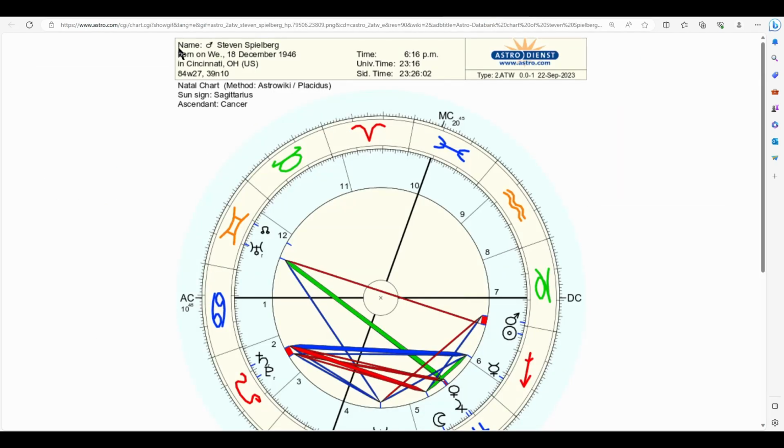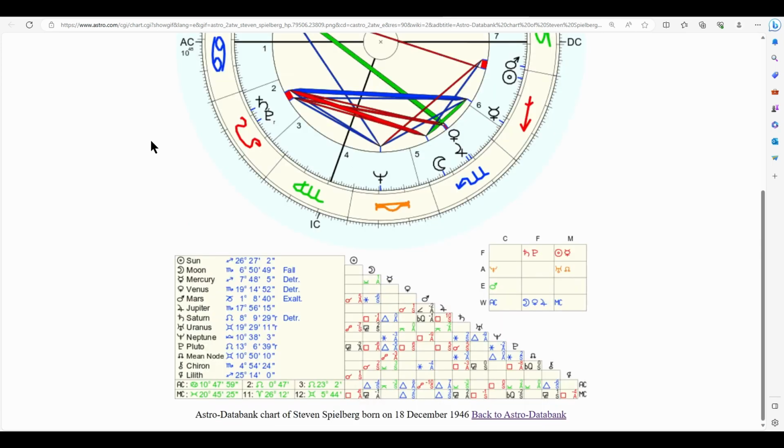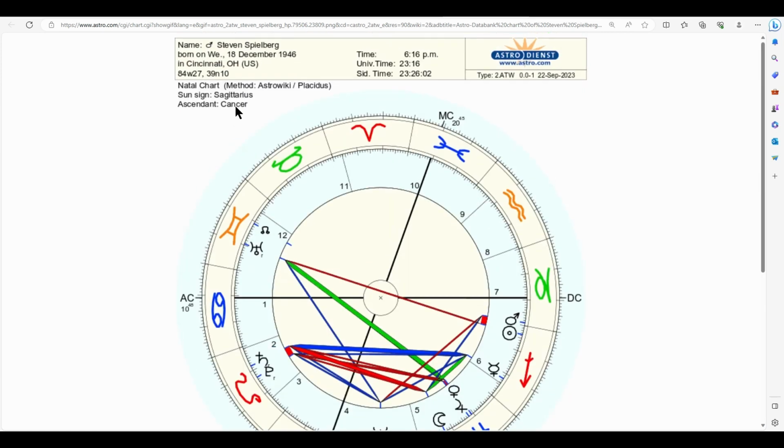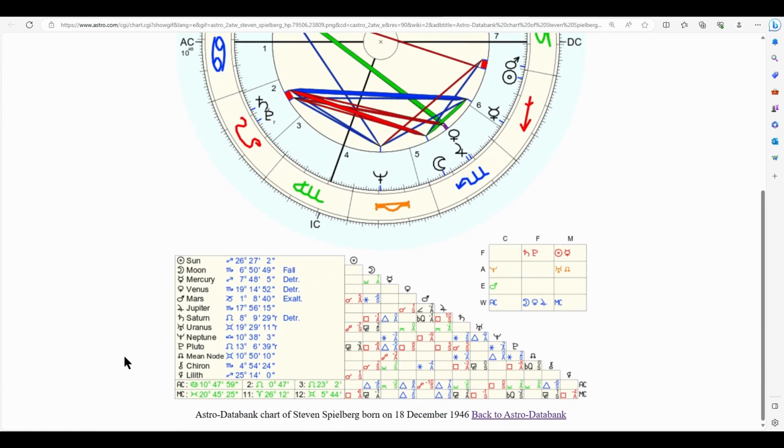use this astro.com page to compare with the results, which is already a good result here. It says that the ascendant of the Steven Spielberg, the filmmaker, his ascendant is in 10 degrees of Cancer, which means it is 100 degrees in the whole zodiac wheel. So let's go ahead